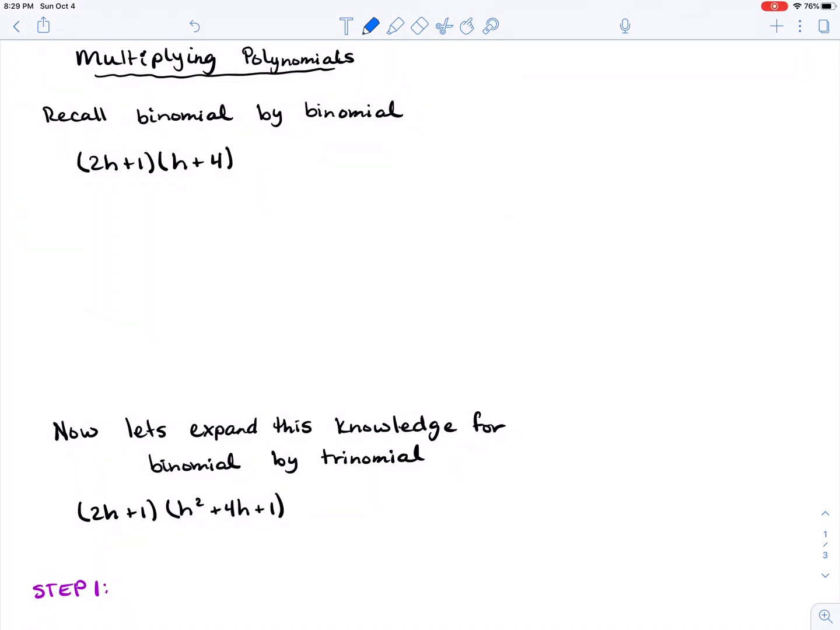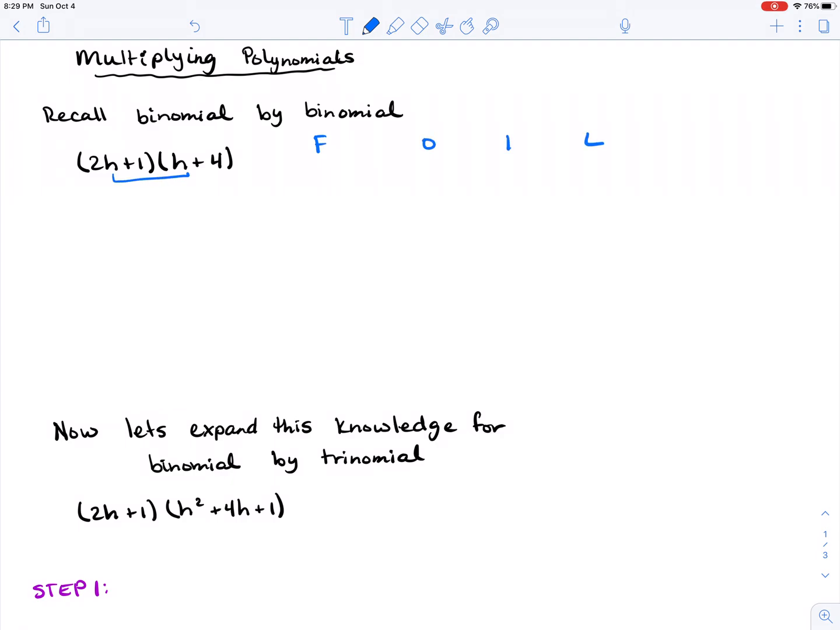Welcome to the tutorial for multiplying binomials by trinomials. Now, if you recall, we know that a binomial by a binomial is like the example 2h plus 1 all multiplied by h plus 4. And we know that if we use FOIL,